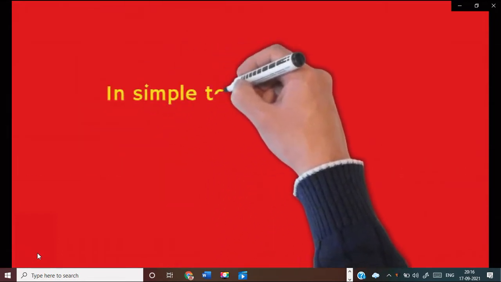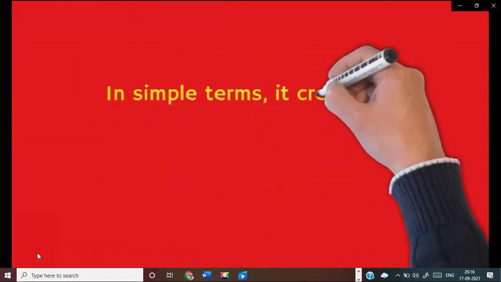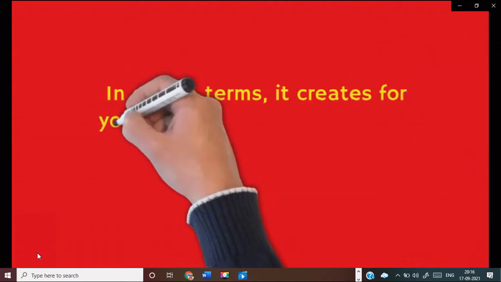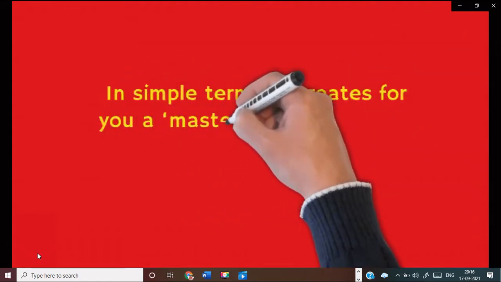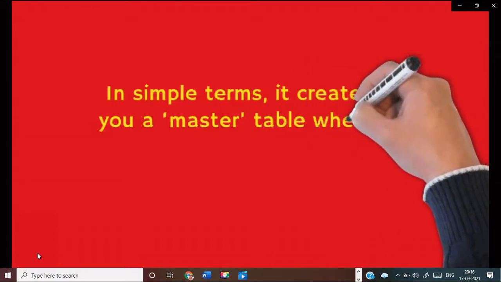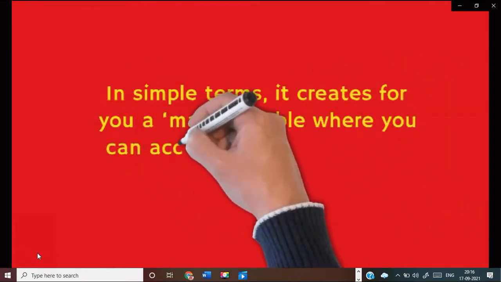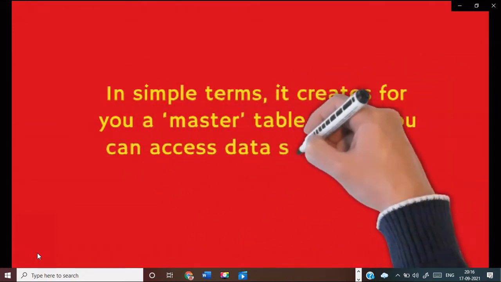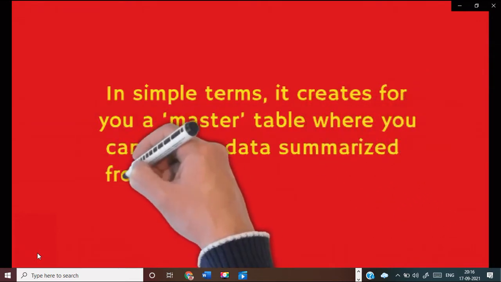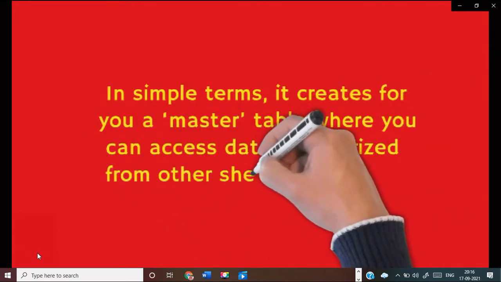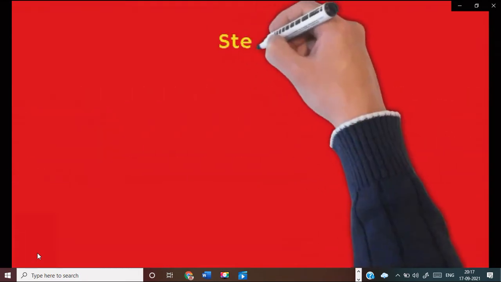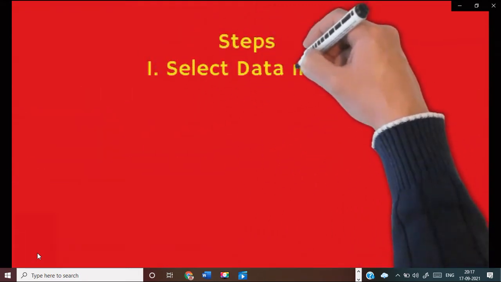In simple terms, it creates for you a master table where you can access data in summarized form from other sheets.